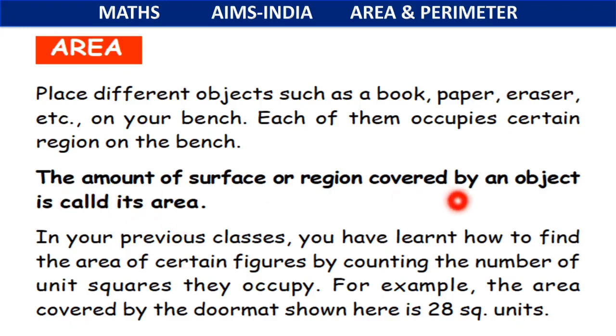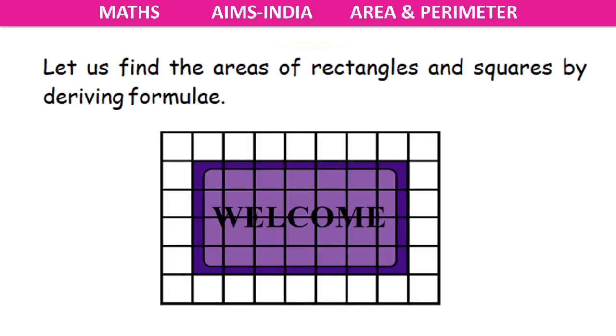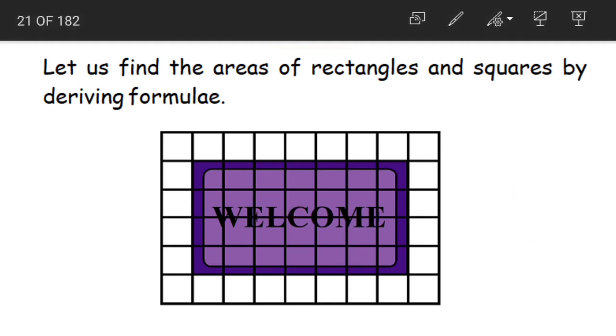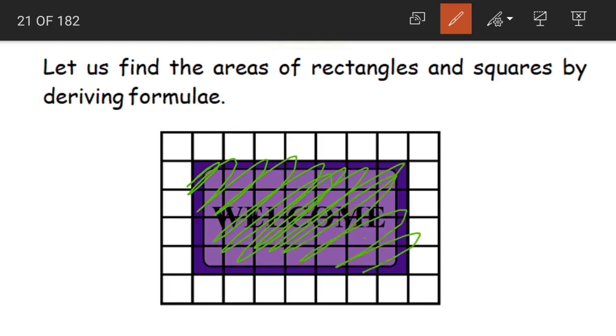The amount of surface or region covered by an object is called the area. In your previous classes, you have learned how to find out the area of certain figures by counting the number of unit squares they occupy. For example, the area covered by the doormat shown here is 28 square units. Now what are they saying? What is the area? Area is all the space that is occupied by the object. Now from this, we already know,